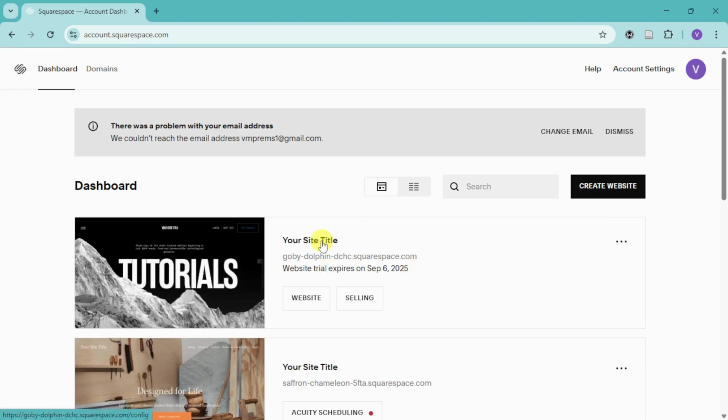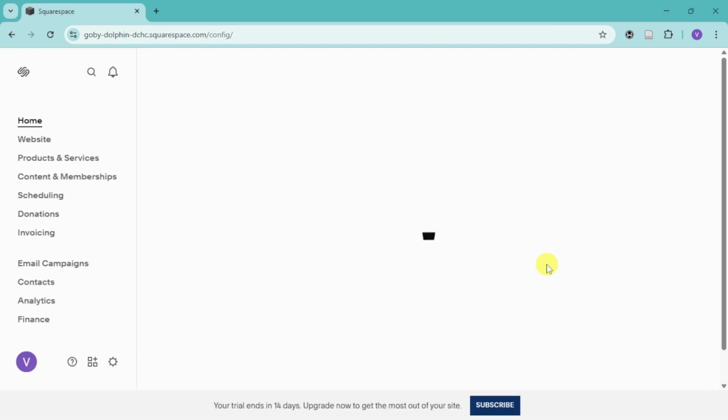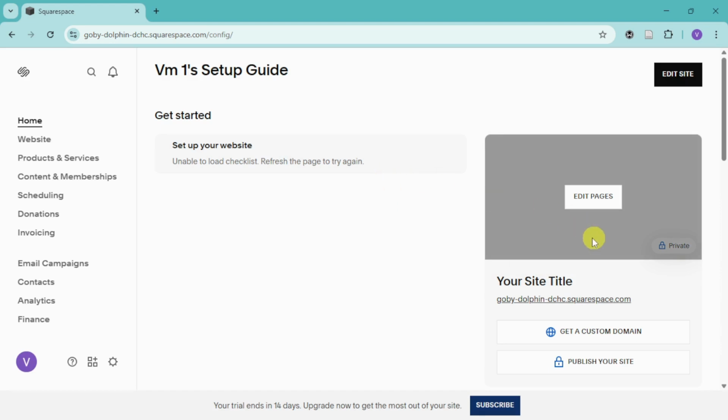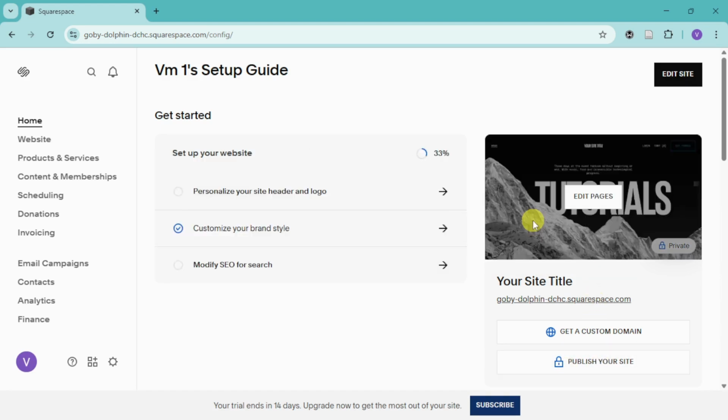you wish to edit. Click on the site itself, and then from in there, this will open the actual site from our screen. And we should be able to access its settings as well as edit that particular website altogether through this particular way. And get a custom domain, publish your site, edit the pages, and then do the setup